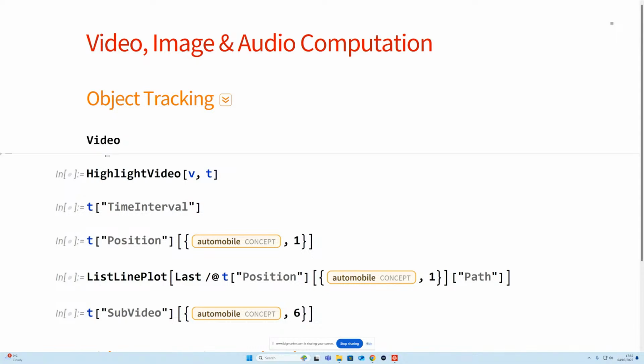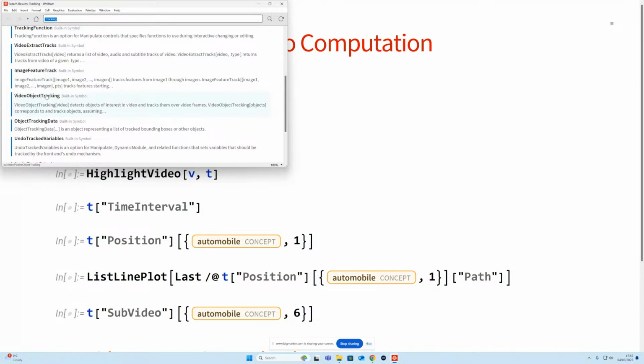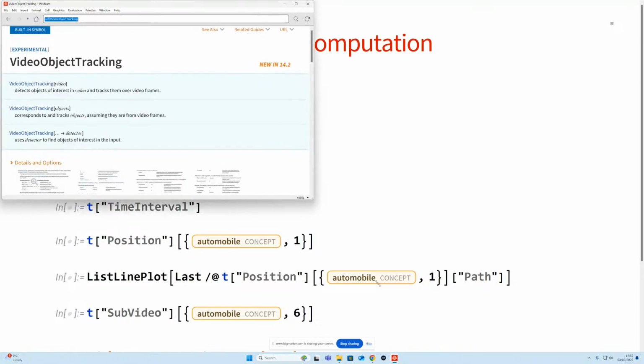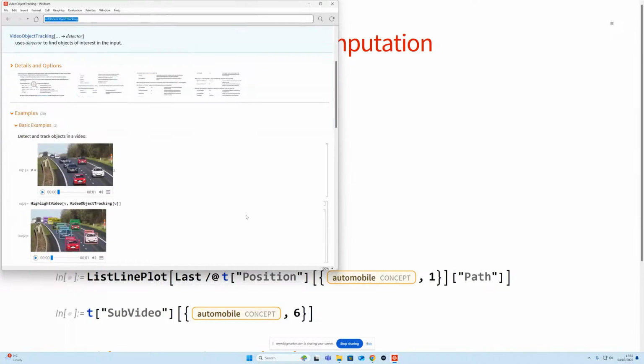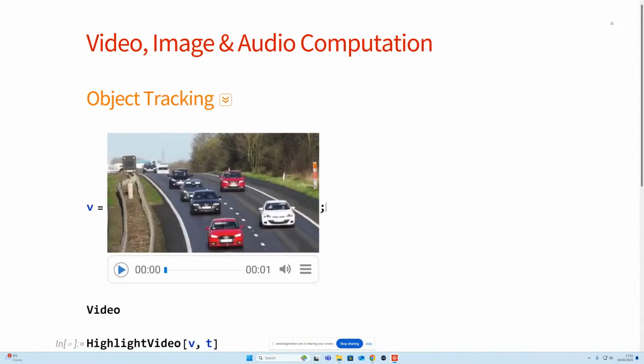Let me see if I can just grab that from the documentation. Hopefully I stole an, yes, I stole an example from the documentation. So let me just copy this over into my talk notebook. If you download this, you should have the example in there. Let's fetch this in and